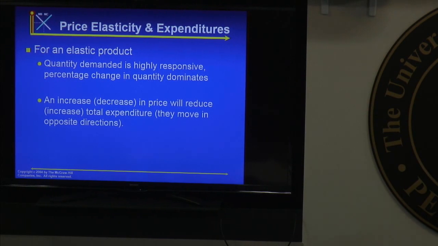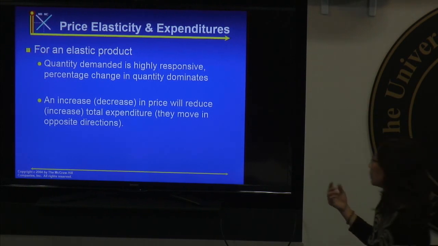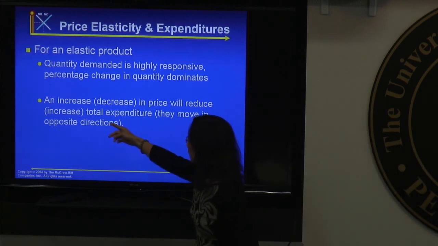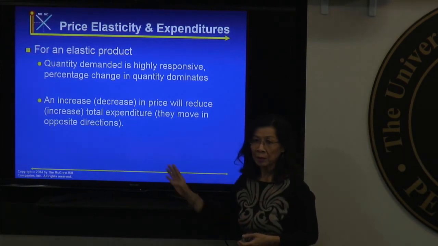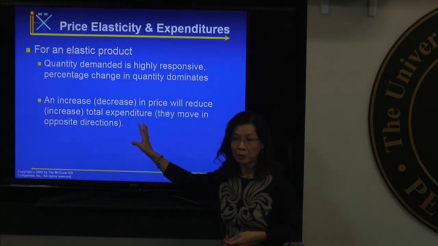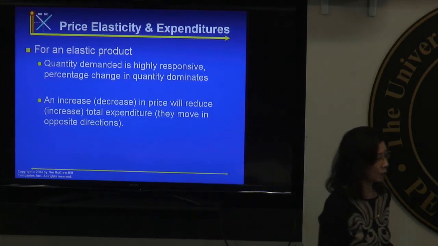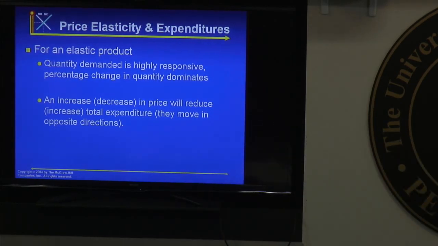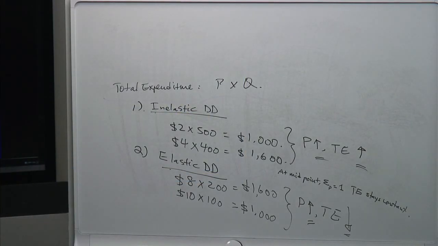So the quantity will dominate, so if you increase the price, it will reduce total expenditure. So the main thing is that price and total expenditure move in the opposite direction. And that's the case of the second one. So don't get the two confused. So if you take notes like that, it's very clear. Go back there and say, okay, which one, yeah. So this move in the opposite direction, we're talking about that. That's when your quantity